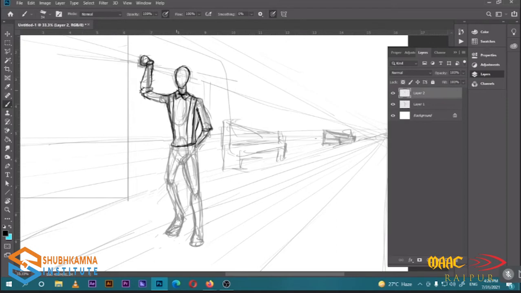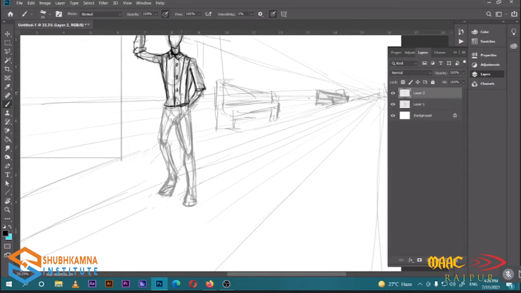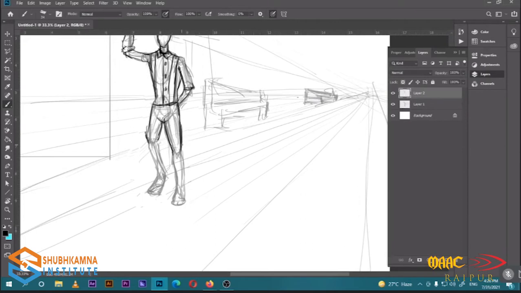The reference images in order to get the actual feel and idea of the character's fashion and everything. So first you have to have a reference gallery, have all the images which you will be needing in order to get the information of your particular character, its fashion, its style and everything.